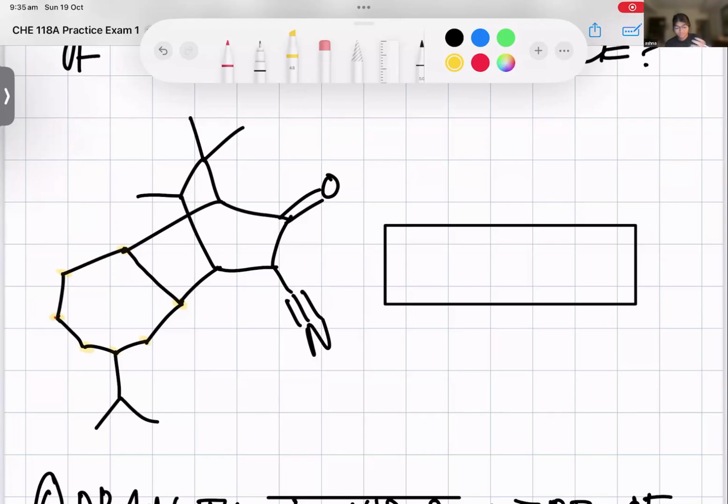I think it's not the condensed formula because it includes the double bonds and the triple bonds explicitly. We were working from the previous problem, where we had that line structure, and then we had to draw the bond line from that. Like, this right here is the bond line structure.